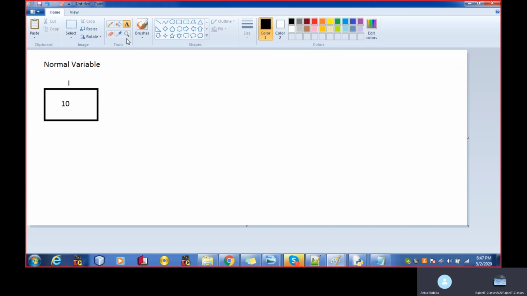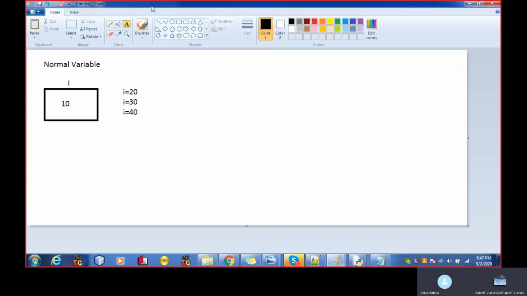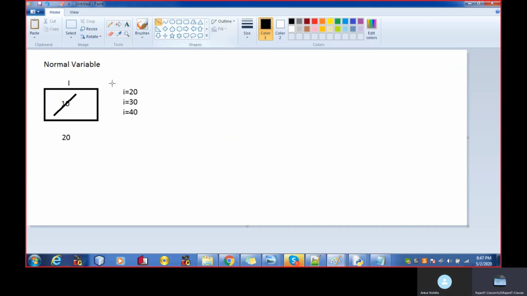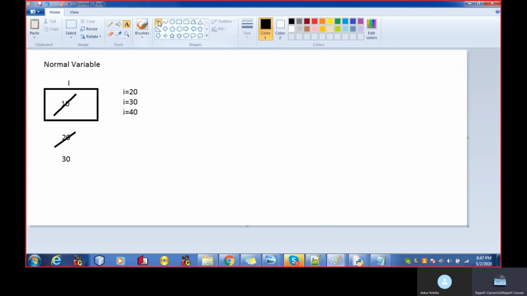Now, if somebody wants to write i is equal to 20, or i is equal to 30, or after that it might be written as 40, then this will be replaced by 20, right? And again this will be replaced by 30. In a similar manner, this will be replaced by 40, right?